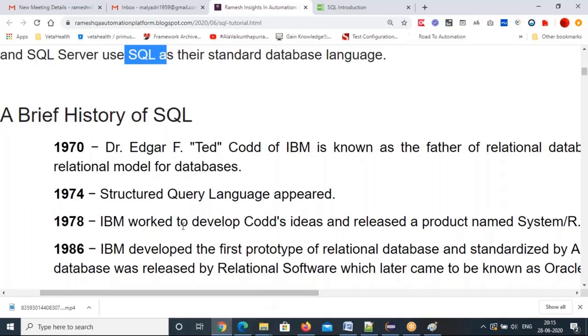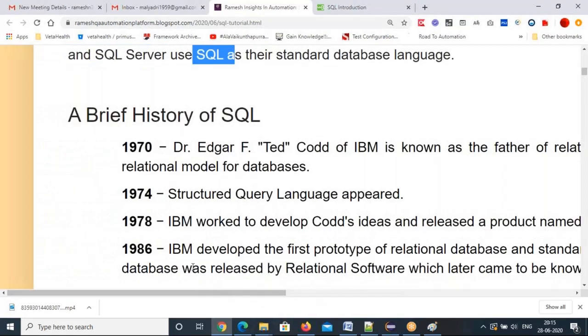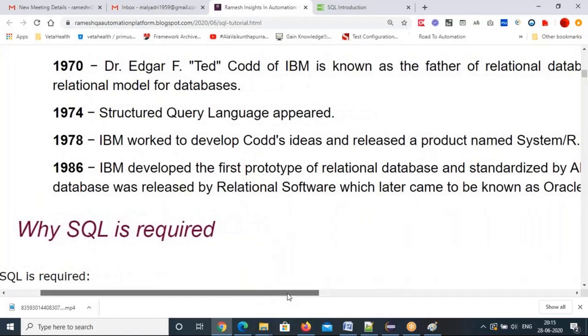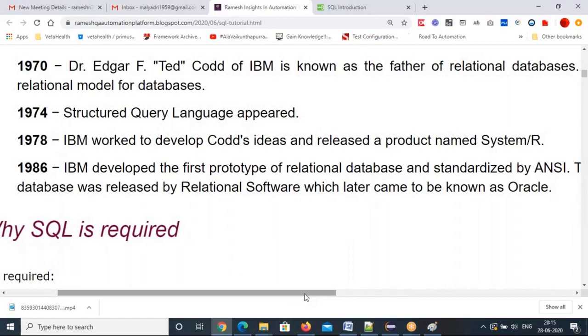In 1978, IBM worked to develop Codd's ideas and released a product named System R. Then in 1986, IBM developed one more prototype of a relational database and standard query language, making a common language for all the databases instead of one by one. Then Oracle also came into the picture.